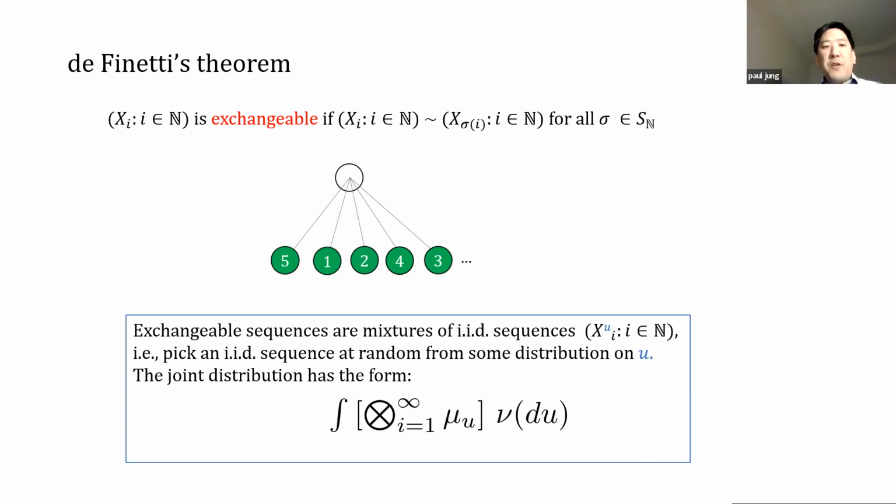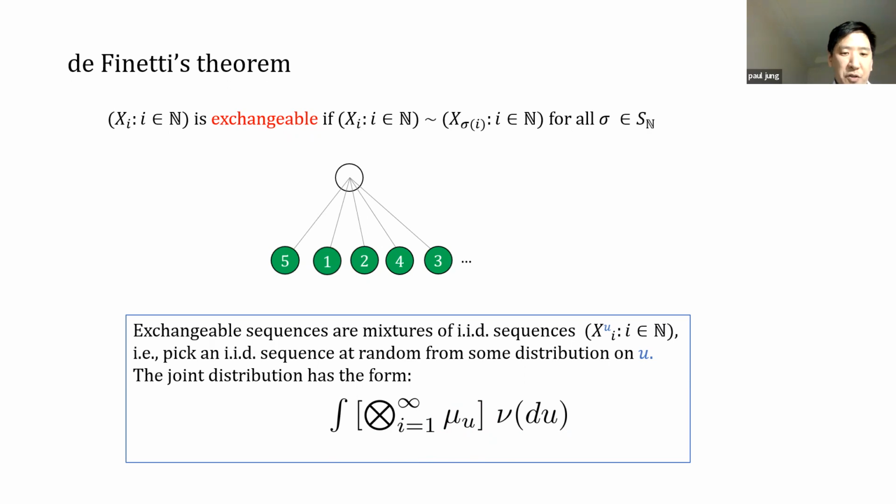we say that the sequence of random variables is exchangeable. So de Finetti showed that if the sequence is exchangeable, then actually it's a mixture of IID. So what do I mean by mixture of IID? Here, this middle part is just a product measure. If mu is some fixed measure, then this would be the joint distribution of an IID sequence. But now suppose that mu itself is a random distribution, and the randomness is given according to a distribution on distributions, which I wrote here as nu. Then this is what we call a mixture of